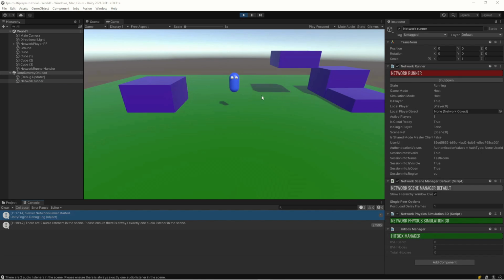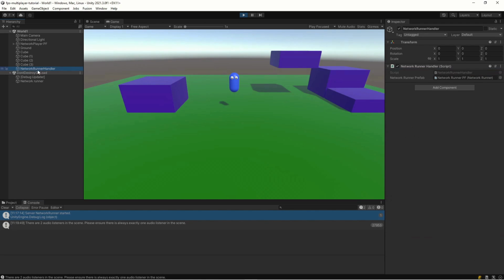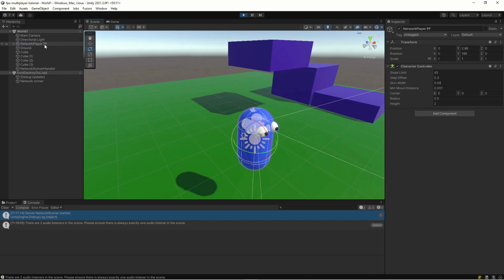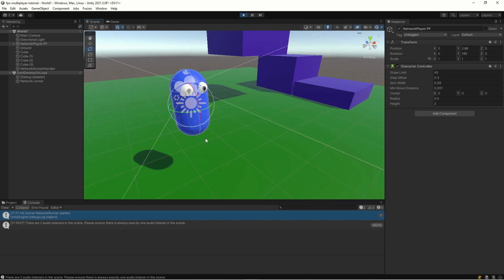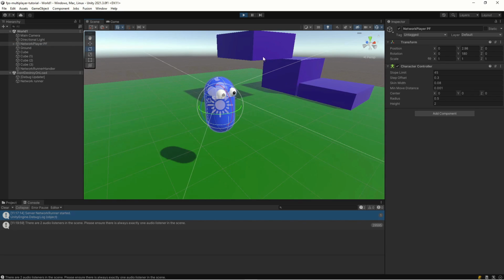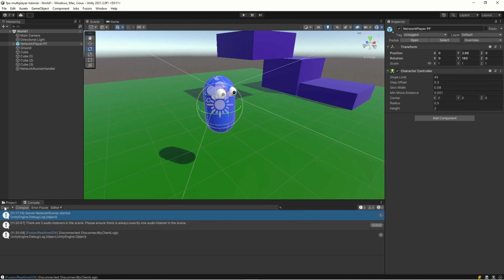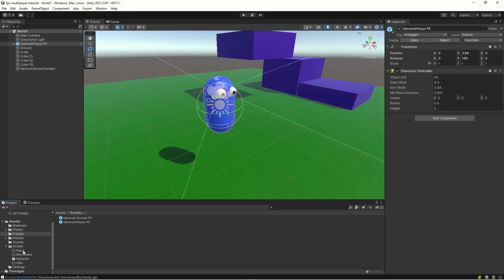Now the game isn't that interesting because well, this character that we have is actually not networked. So the network player PF here, he's not really reacting to anything and you can't control him. So let's make this little dude network enabled to start with. So let's exit our play mode, and we will start with a spawn manager that's going to be handling the